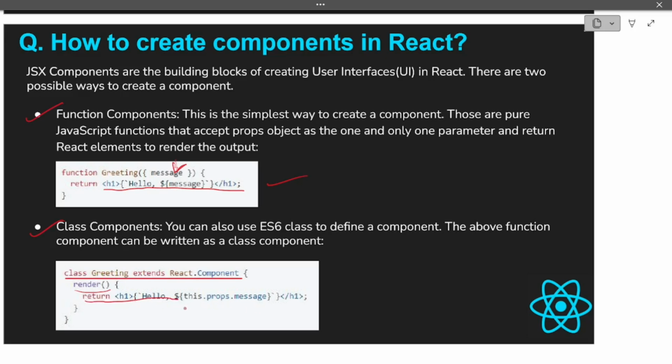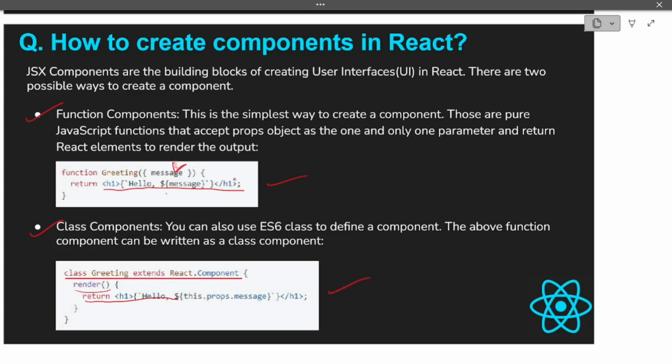Now the important thing here is that in functional components, you can directly write the prop name as it is. The prop name that we had was message, so we wrote message, right? But in this case we have to use this.props. So we have to write this.props.message. The only difference is this one.